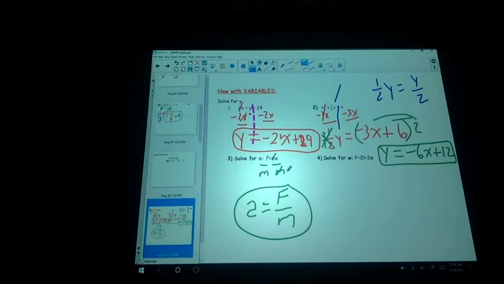Problem number 4, P equals 2L plus 2W. That's how you find the perimeter of a rectangle. I'm sure you've seen that at least once in a previous class. I want W all by itself. So I have P,